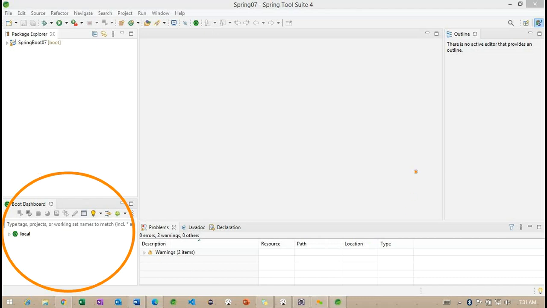Other than this, every piece of information we can find in the Eclipse here. So this is one more: using this we can run Spring Boot related applications here. Getting the point. So some advantages we are going to get when we work with this STS. STS is nothing but Spring Tool Suite.